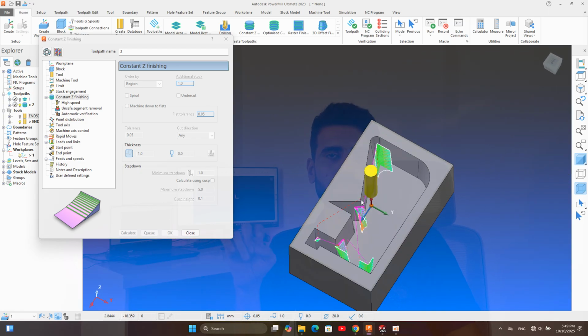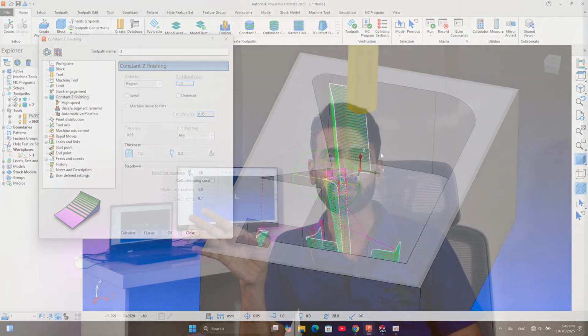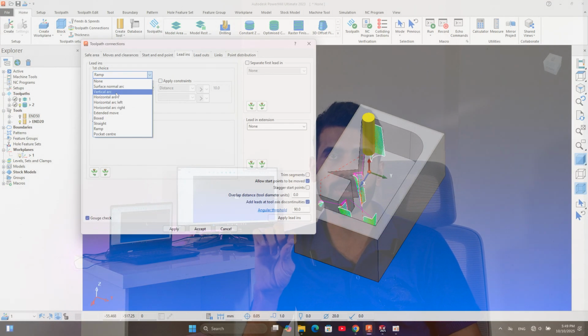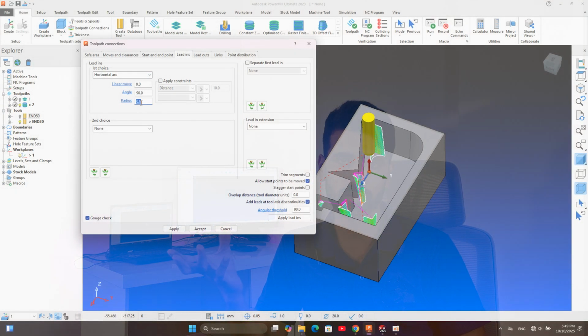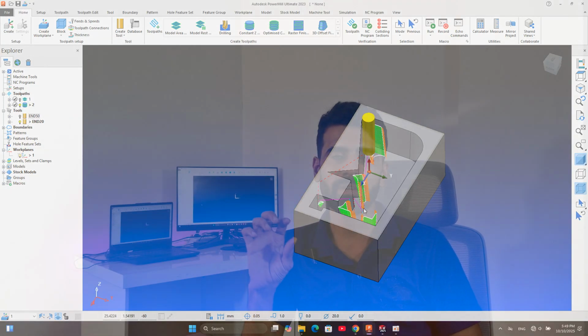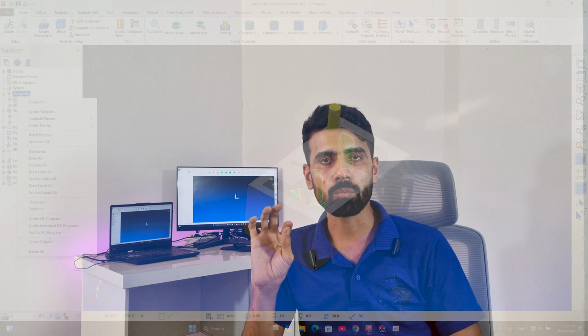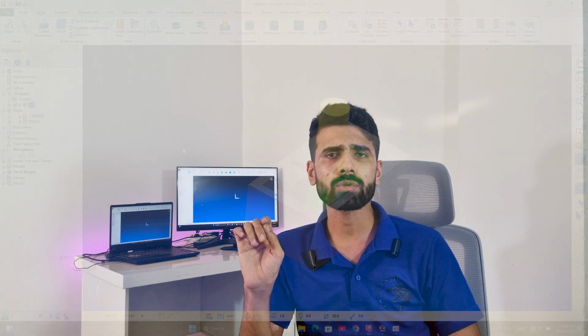And after that, you can use any strategy which you think will be suitable for your workpiece and see the result. Most of the time, when I use rest boundary, I use constant Z finishing or maybe raster finishing. This is in your hands. It depends on your model, and it depends on anything which you think matters. This is totally on you. This is number one. Number two